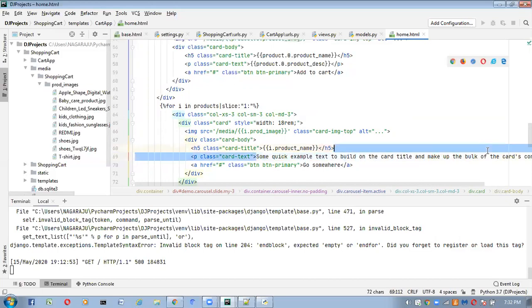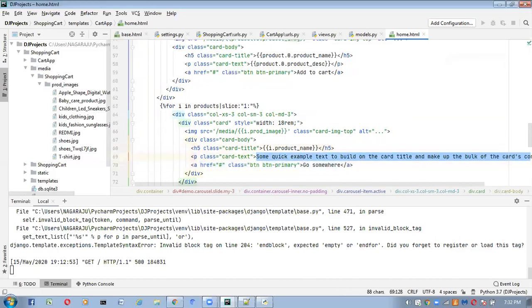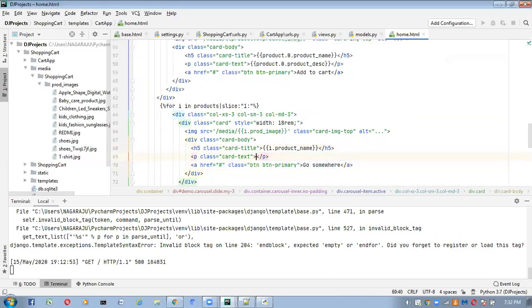Next here we have to take add to cart, like this.